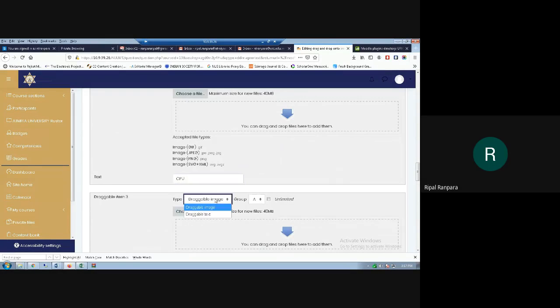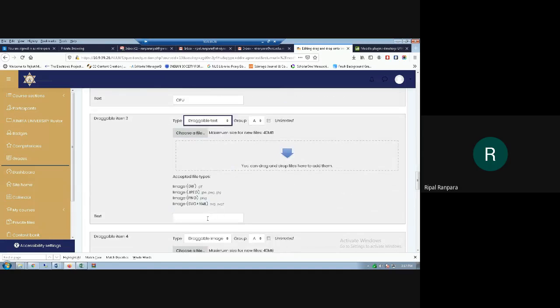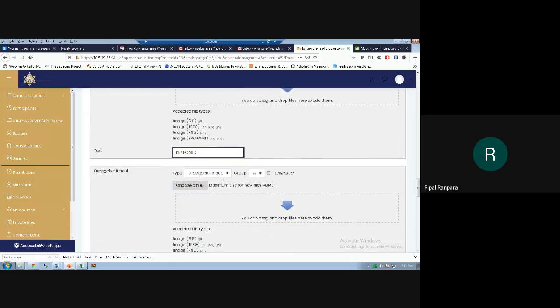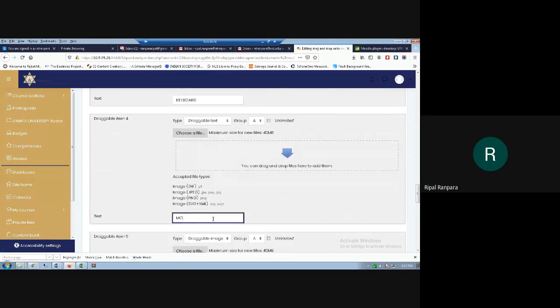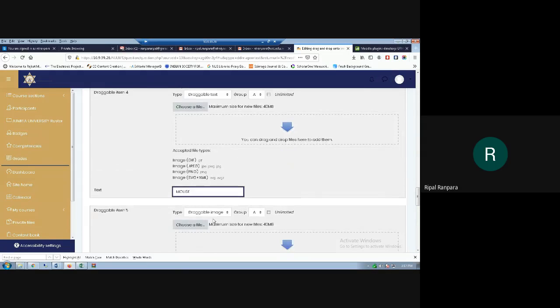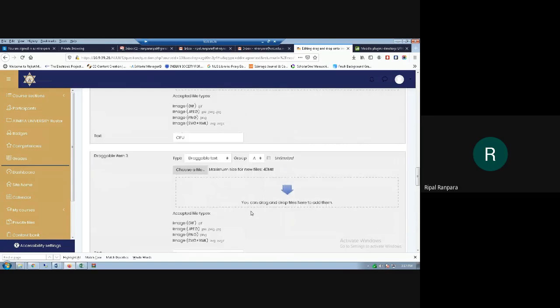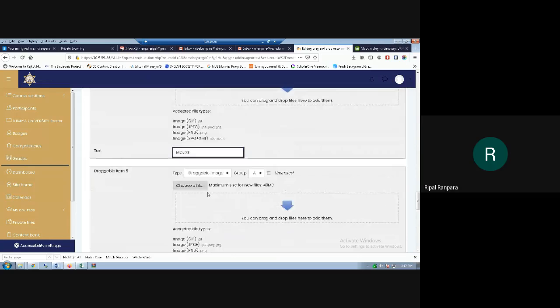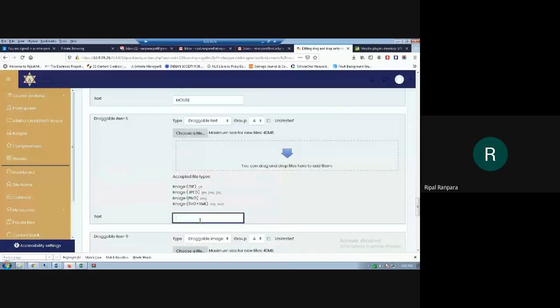The third item is, let us say, keyboard. The fourth item is, let us say, mouse. The other one is, let us say, DVD drive.